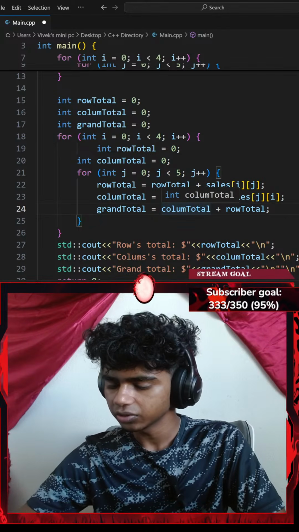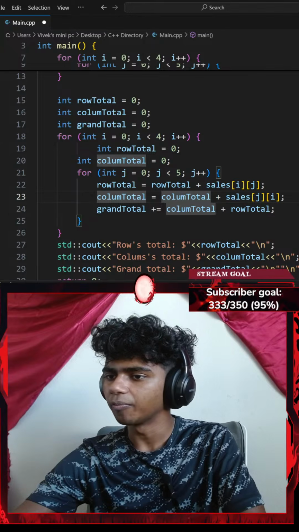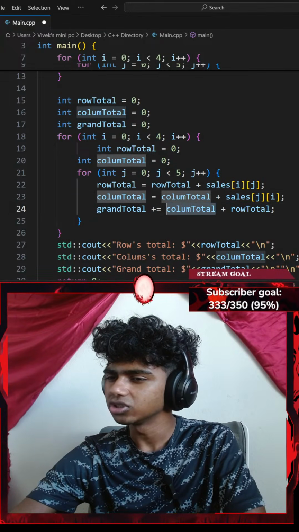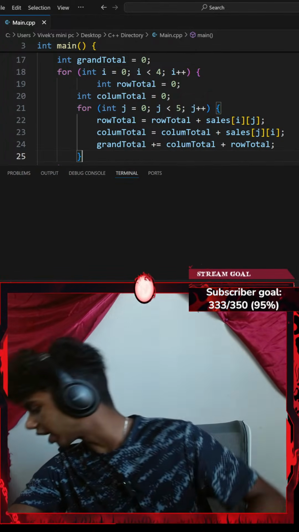Okay, plus equals to. Isn't plus equals to an augmented assignment operator? Plus equals to. Okay, I think that does make sense too. If I were to hit Control S to save the code,